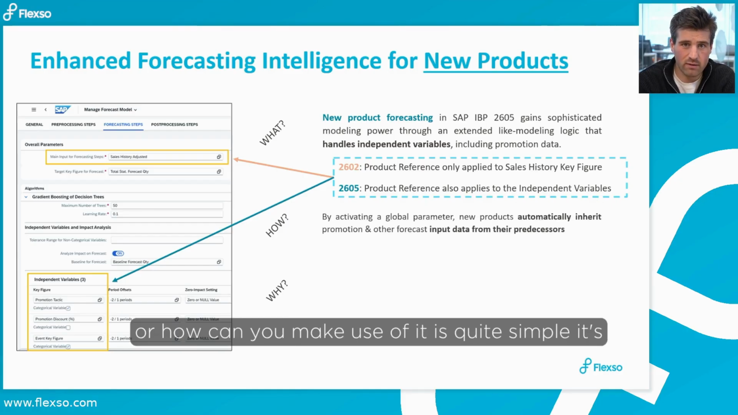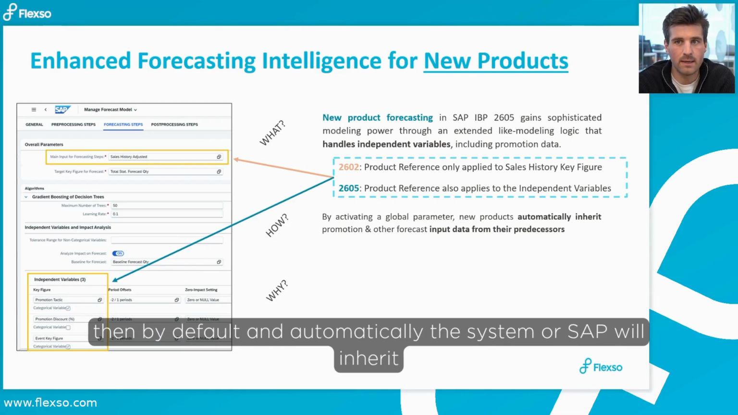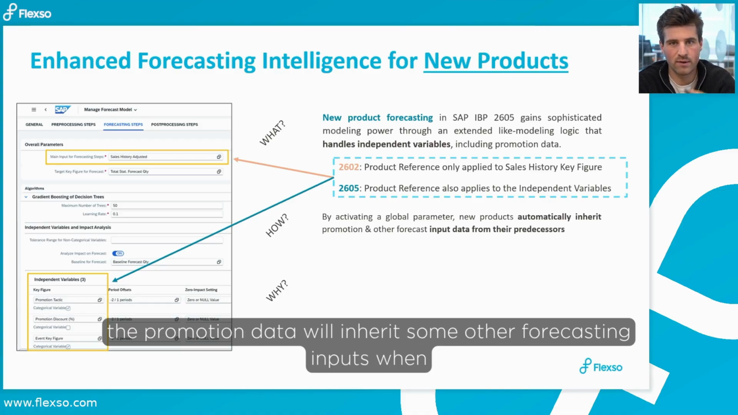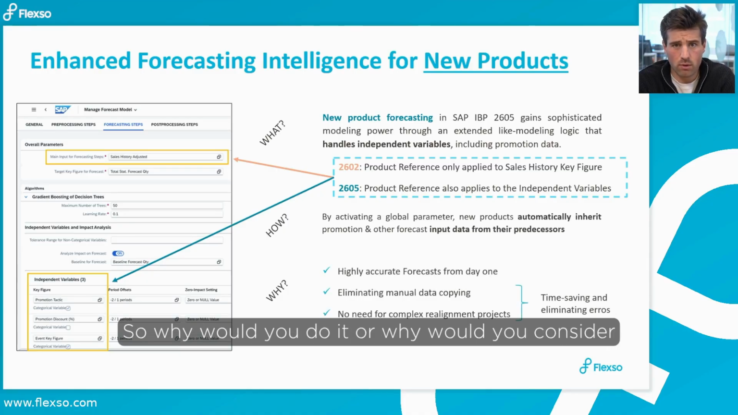How is it activated, or how can you make use of it? It's quite simple. It's an activation of a global configuration parameter that steers your system, and then by default, automatically the system, or SAP, will inherit the promotion data, will inherit some other forecasting inputs when conducting statistical forecasts for new products. So why would you consider this